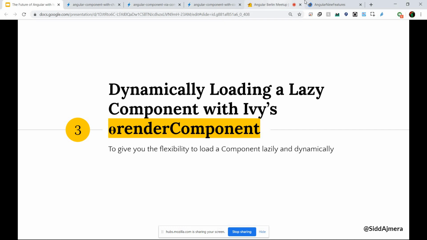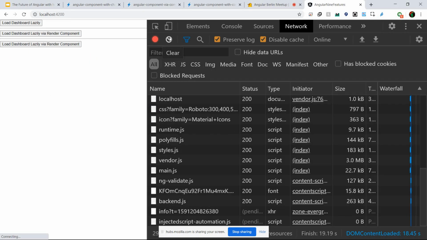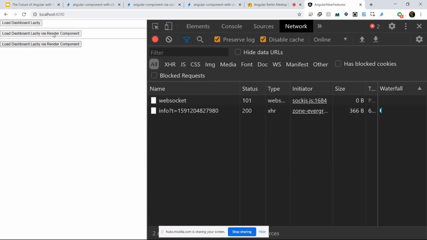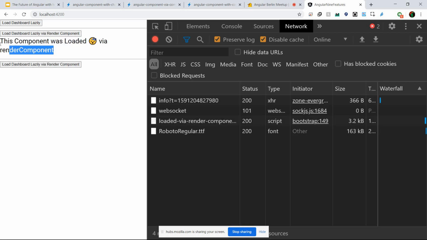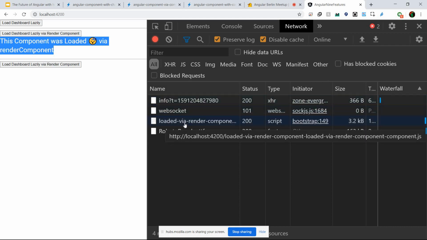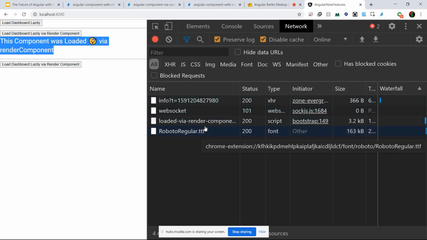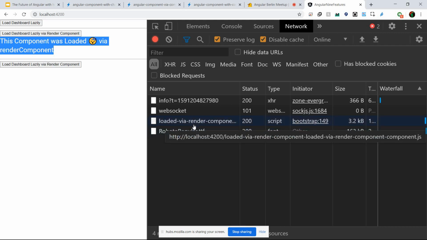So if I open this up, then I see two buttons here. If I click on the first button, it will render this component, and then it also loaded this component lazily, right? But now that this component has already been loaded, if I press this button again, it will not create a second request. It will just use the exact same definition of this component that we get from the initial call. So if I click on this,